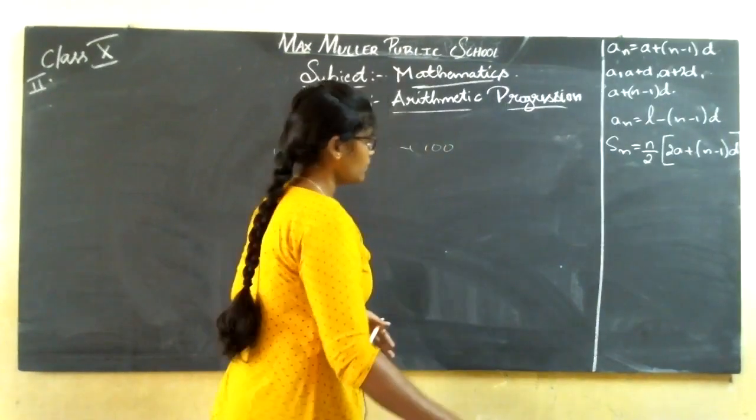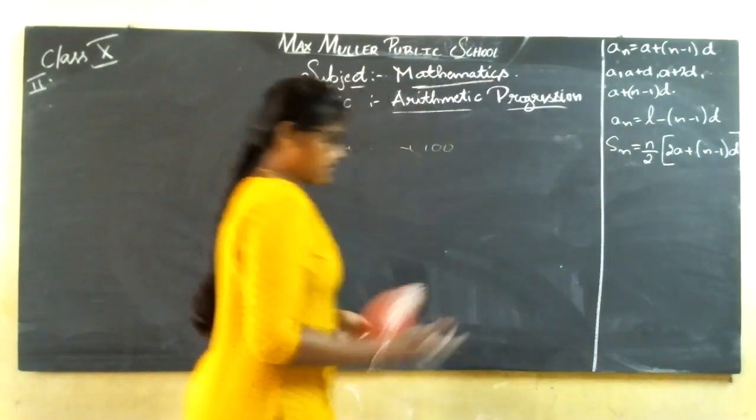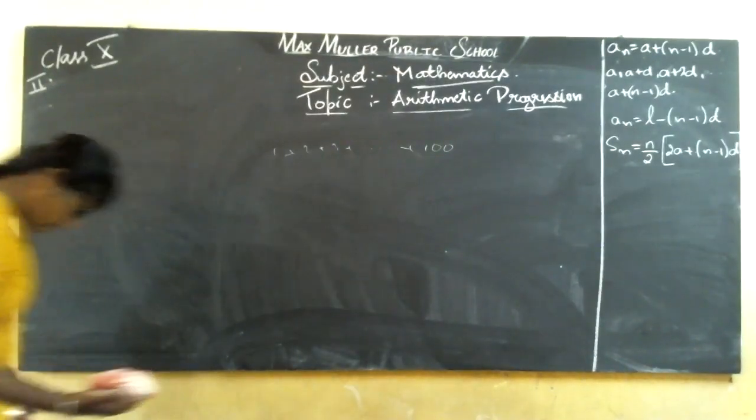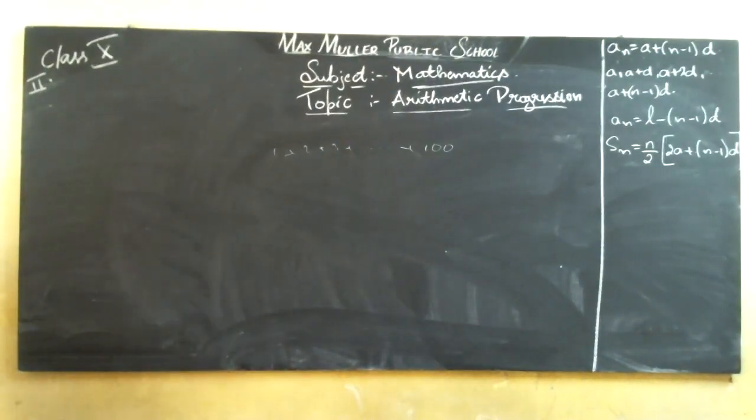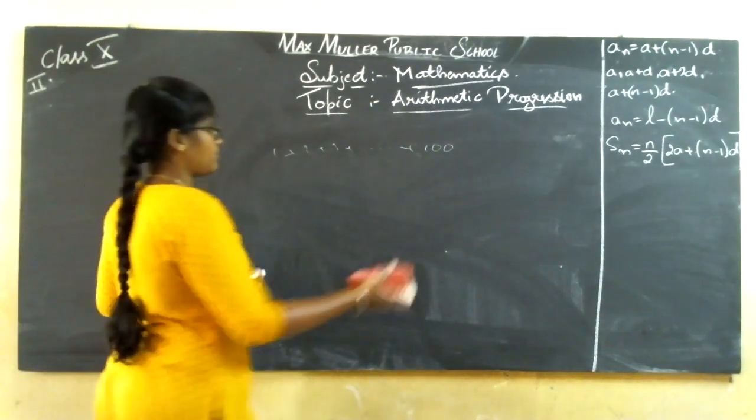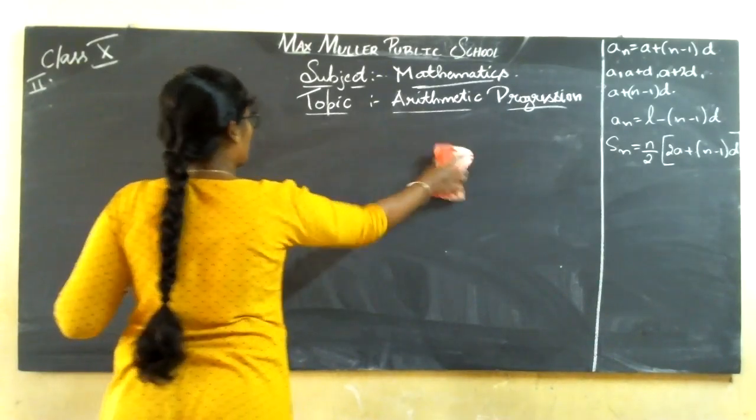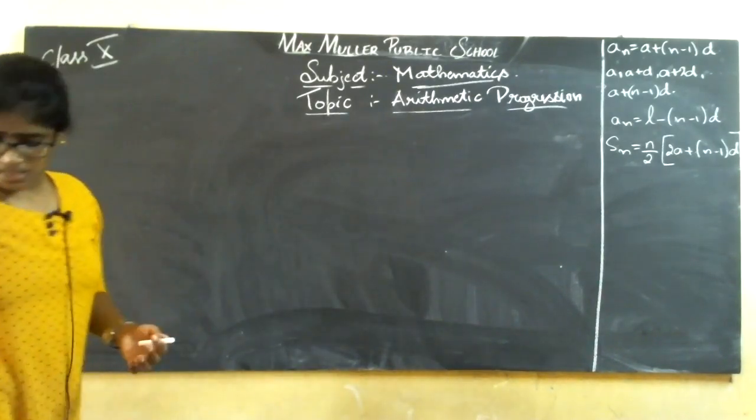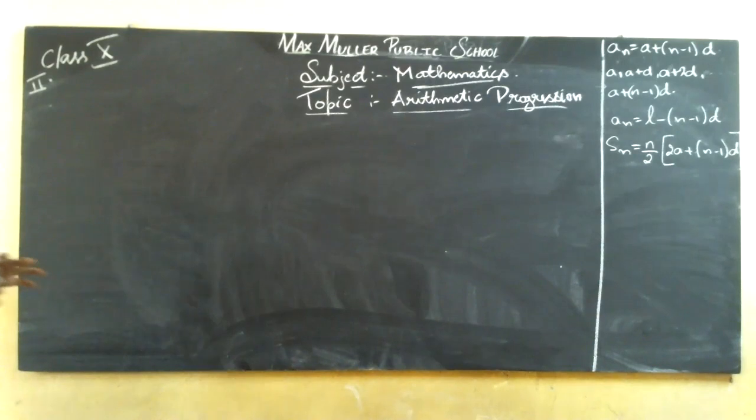Okay. Now let us continue with the topic. In the previous class, we had solved a problem regarding this, correct? The first main was over with the homework sums also. Now in today's class, we'll go with the second and third main, and from the fourth main, you will do it in the regular class. On Monday onwards, you are coming to the school, right? So from the fourth main, we are going to do it in the regular class.